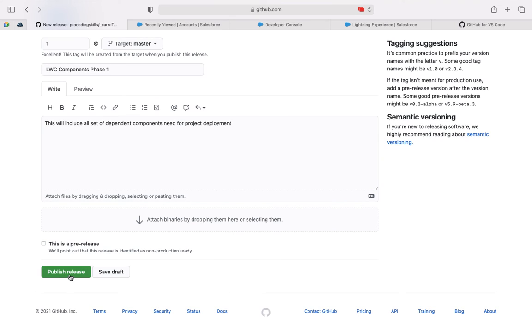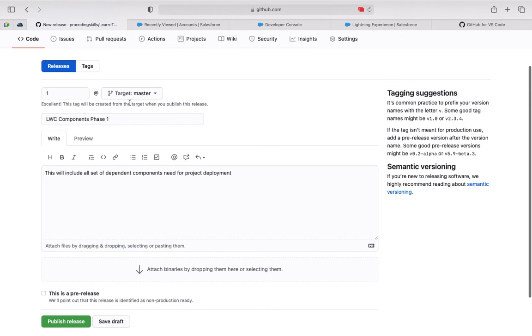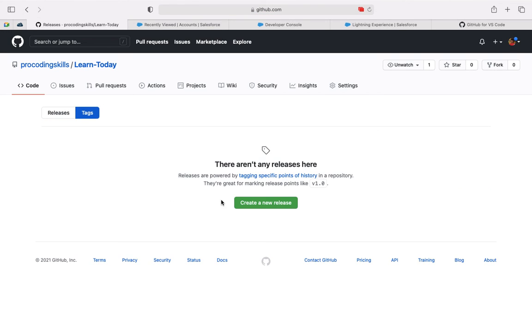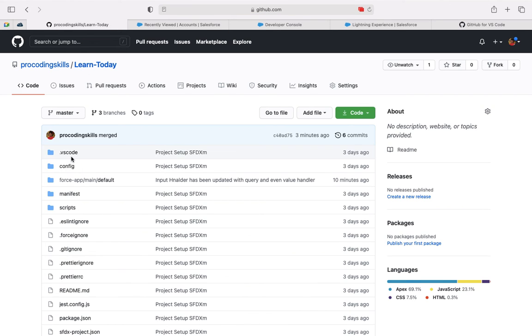If I publish my release 1, what happens? You can leverage this release 1 and you can deploy in any organization when you need it. That is how we always say it's release 1, release 2 and everything, right? And you can create a new release tag. If you want to release it with any tags on something, you can manage it through GitHub. Anyway, we don't use GitHub, but the concept we are using for merging and creating a pull request, we'll be using from Git only.